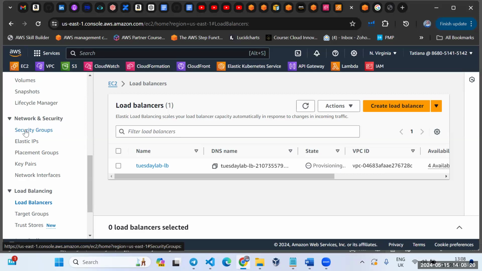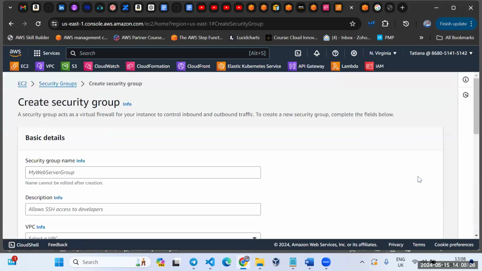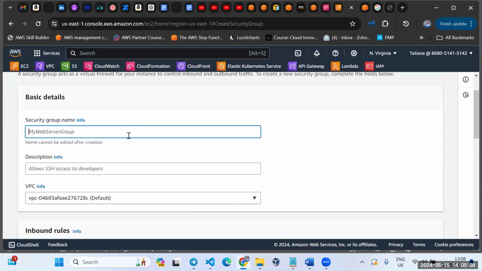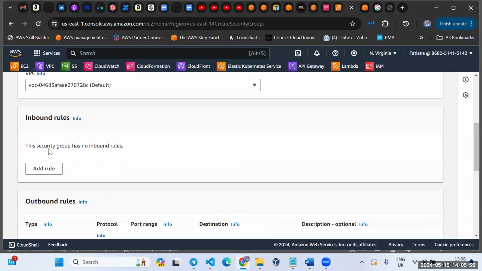load balancer. So I'll click on security groups here at the side, and then I'll click on create security group, and I'll call it Tuesday Lab Load Balancer LB SG. Tuesday Lab Load Balancer Security Group. I'll copy this name and use it as a description. I'll scroll down. Of course, this should be created in the default VPC, but I'll add a rule here, an